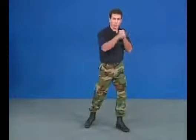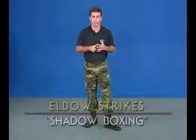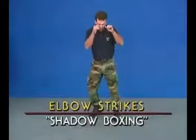Okay, so this is the way you can train to use the elbow in combination with your punches to have a good solid base of both punches and elbow techniques. Also remember, shadow boxing, pad training, heavy bag training, and sparring. Okay, so when you shadow box,